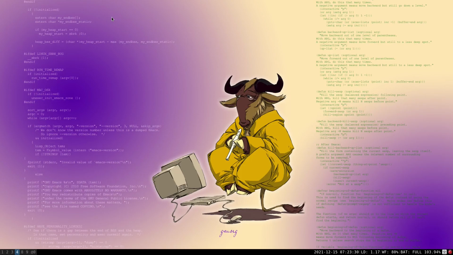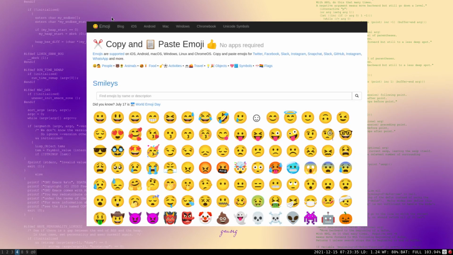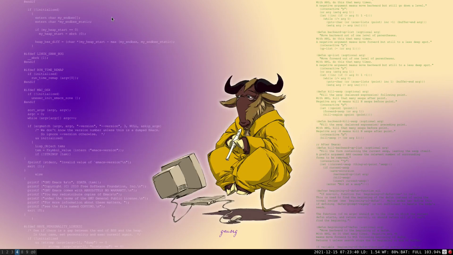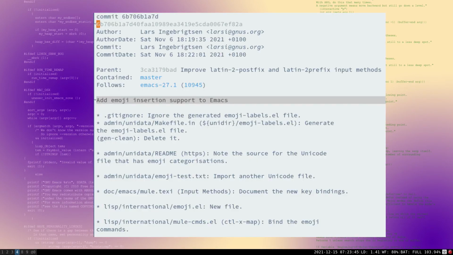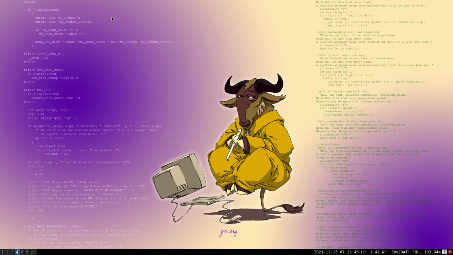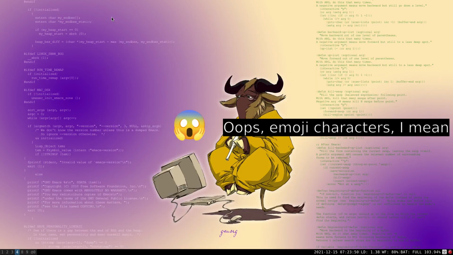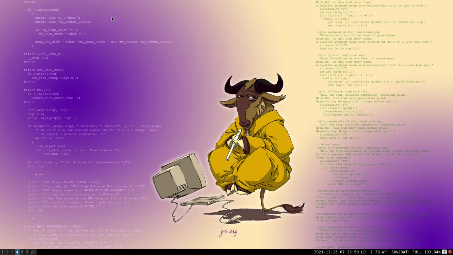In the past, I just searched the web and picked one emoji character and then copied and pasted it into Emacs. Yeah, I know, that is silly. Recently, Lars Ingebrigtsen introduced a lovely feature in Emacs 29 which makes it really easy to type emoji characters in Emacs. Let's check it out.